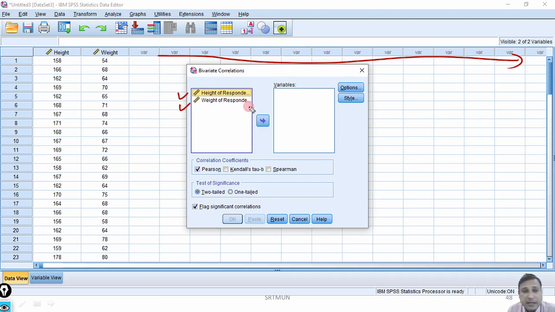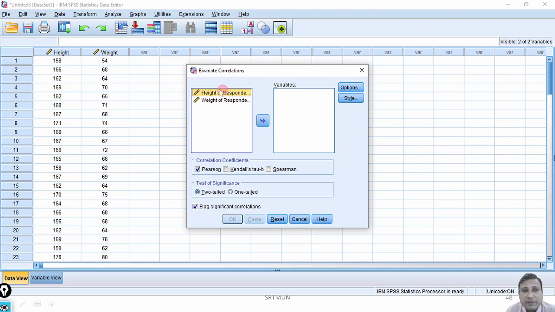Once you identify the appropriate two variables which can give you a mathematical value for a proper interpretation, and you follow the procedure which I am going to explain, then you get the correlation coefficient for those variables.